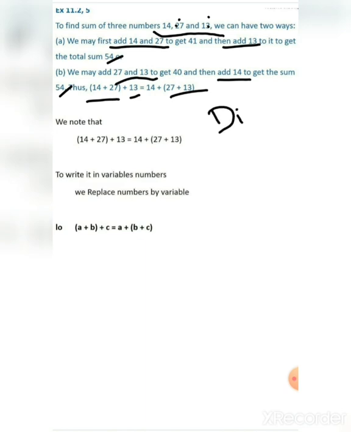This is the distributive law of numbers. So to write it in variables, we replace numbers by variables.